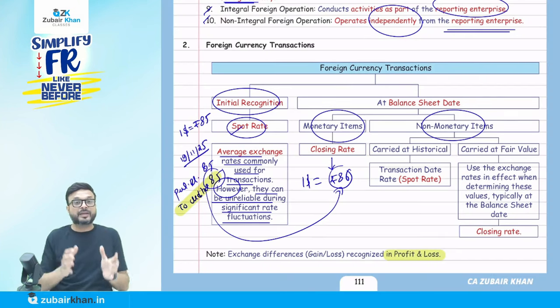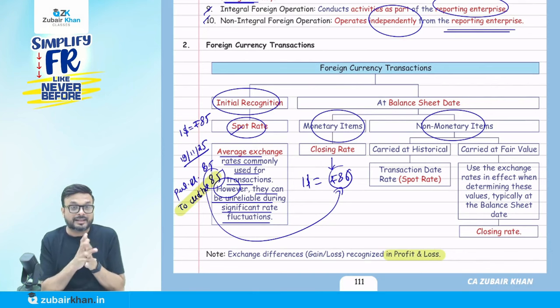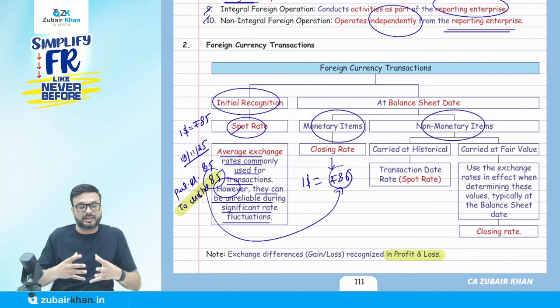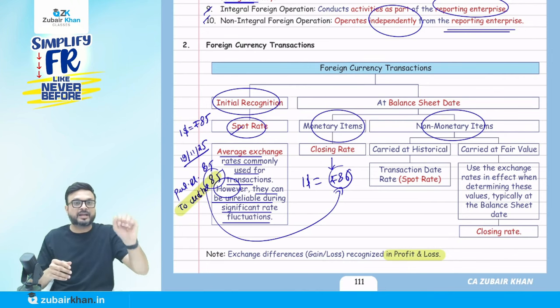Now it might happen at the balance sheet date here. Some are non-monetary items, like the fixed asset. This is a non-monetary item. Is any amount receivable from the party? No. Is any amount payable to the party? No. So I'm giving an example here: in my balance sheet, some items are monetary and some